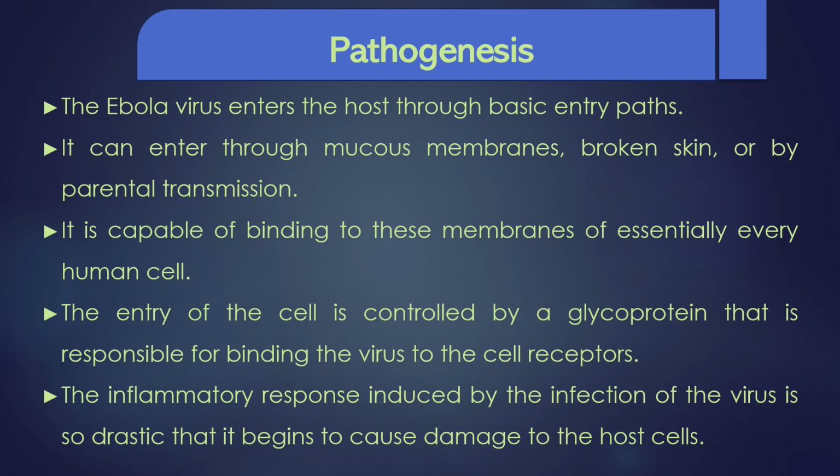Pathogenesis. The Ebola virus enters into the host through basic entry paths. It can enter through mucous membranes, broken skin, or by parenteral transmission. The viral particle is capable of binding to the membranes of every human cell. The entry into the cell is controlled by a viral glycoprotein that is responsible for binding the virus to the